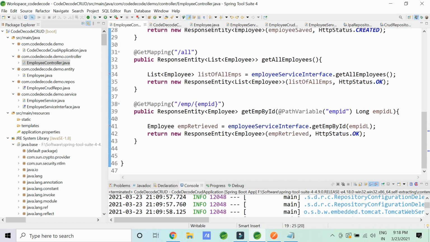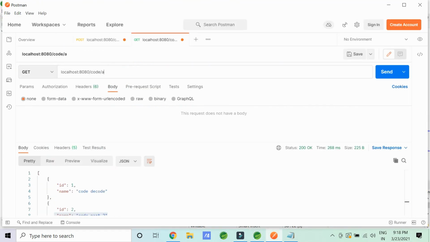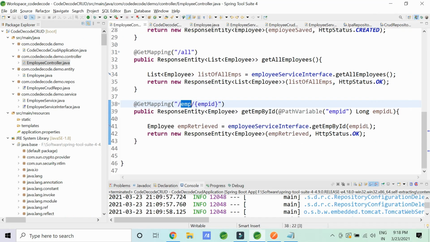But now my get mapping has one more parameter added to it, which is emp. So after code, you always have to write emp/ and now this is the path variable. Now this path variable will be mapped to this variable, which is going to be added to this method as the local variable argument. And in this method, which is a service IMPL method, the implementation is given here.